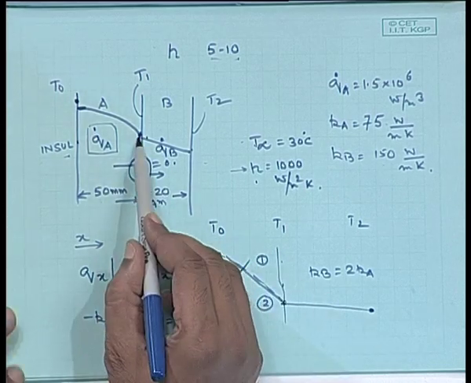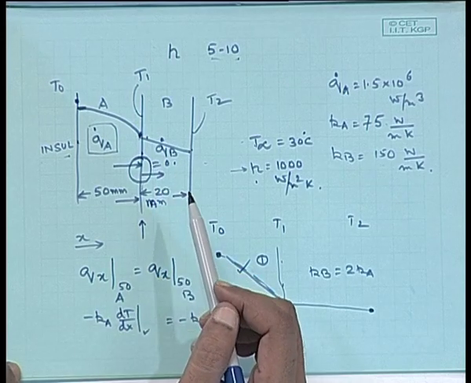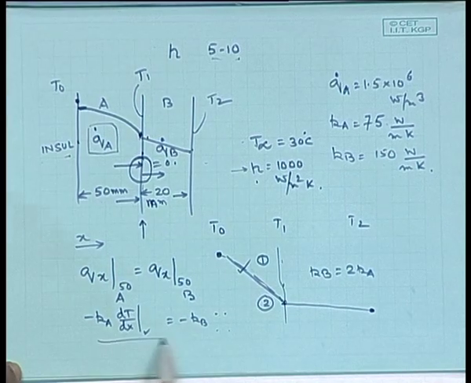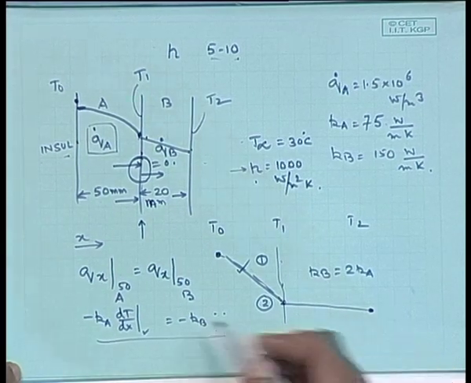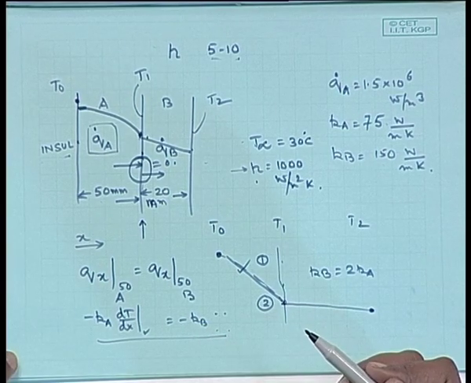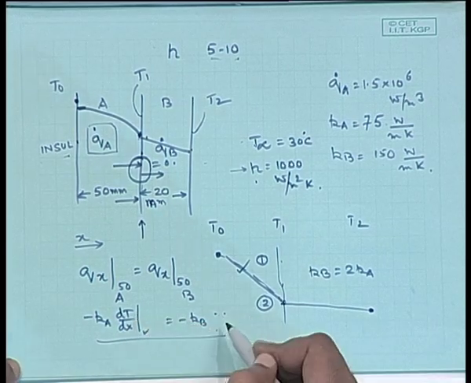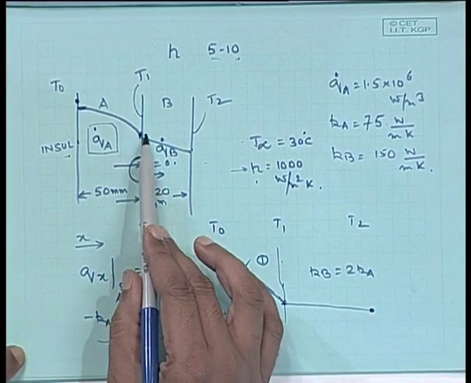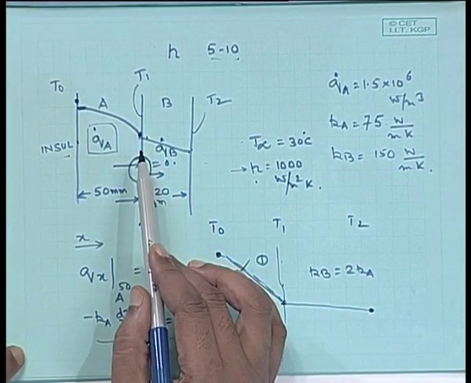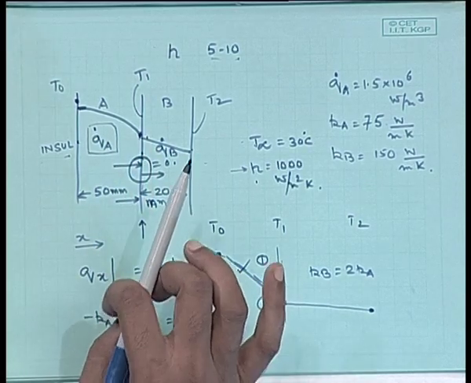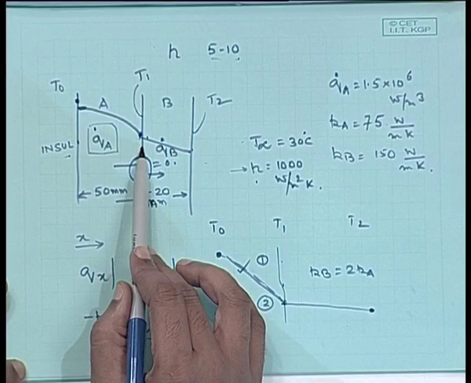Anything else at the boundary that you can use? Slope should be same. So you are doing a profile of T versus x. Should slope be same? If you look at this expression, it is going to be proportional to k_B by k_A. So, this ratio of the slopes should be equal to the ratio of the thermal conductivities. Anything else you can say at the boundary? I will not solve the problem, I will simply show you the possibilities that you may have to use while solving it. Anything else you can say at the boundary?